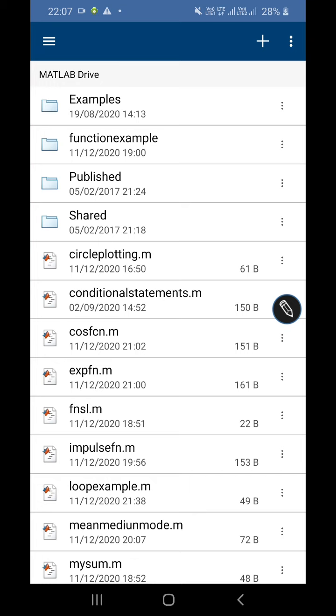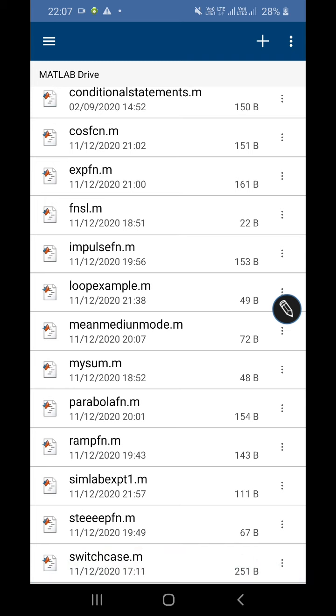So for this simulation, we are just going to see how you can create simple signals using commands. In the actual software version, there are ready-made commands for creating the standard signals. Here in the mobile application, we are going to see simple programs with which you can create the standard signals. Okay, so let me start with the simple one.